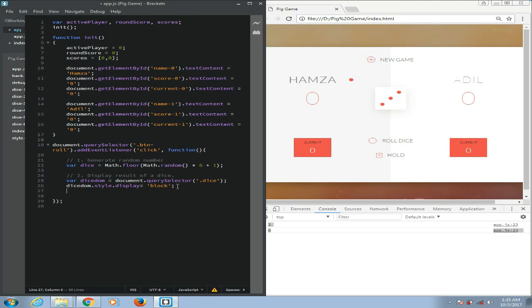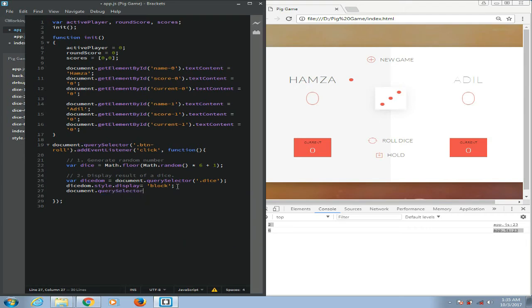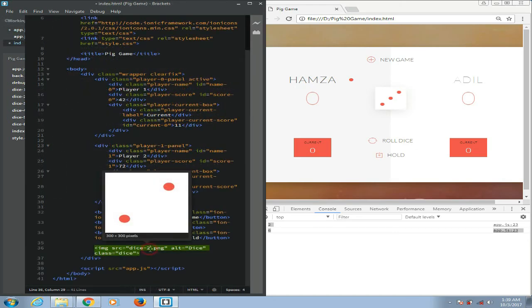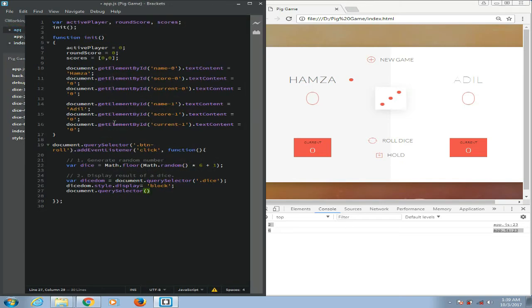So document dot query selector, and so we change the image, just like 2. If I change 3, 4, so we change image of dice. So we are going to change the source, not document or query selector. So dice DOM dot src equal to